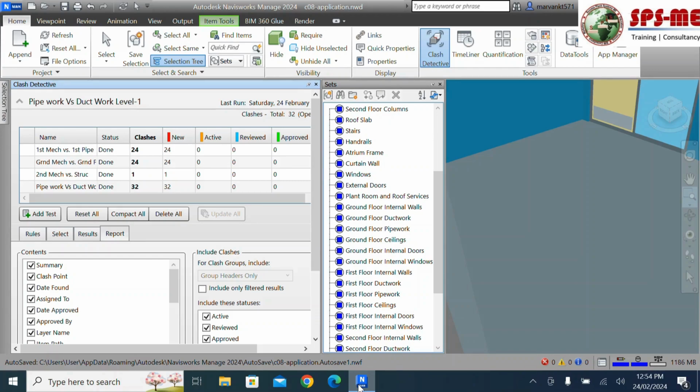Then the next thing we have to do, how can we review and resolve these clashes. That means I just wanted to work on these clashes. So basically we cannot do anything over here. This is the Navisworks software. We have to work on the Revit software. Then while we are correcting those mistakes in the Revit software, automatically it will get reflected over here. That means it's a connection with another software, connection with the Revit software. So this is the thing we have to